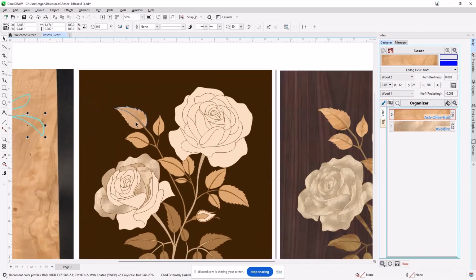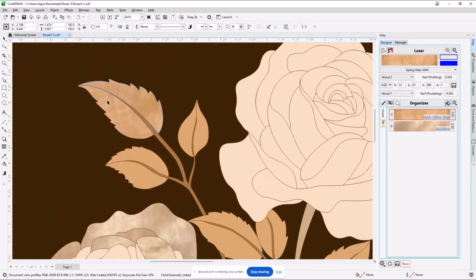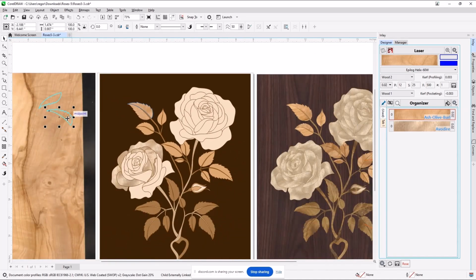If I zoom in, I kind of have a shading effect here, which is the grain for the wood doing what the veins in the leaf would have done under the right conditions. You may find that you want this one on top to be a little bit lighter so that you get additional shading like you would on the outside. That's too much, and something like this is distracting here. So you may want to try and target grain a little bit differently to get a more pronounced version of it. So I think you now have enough to paint by.